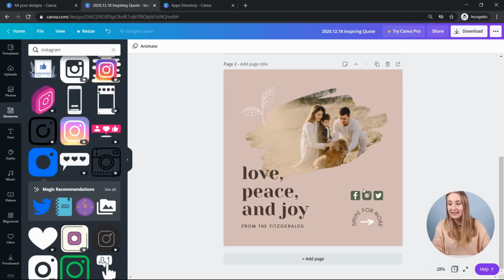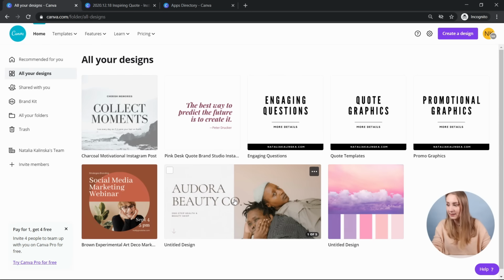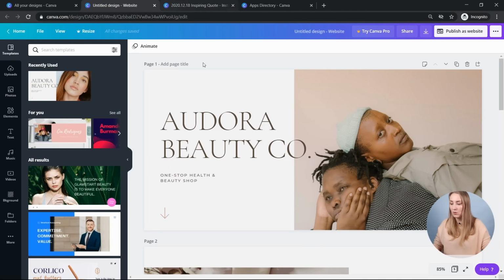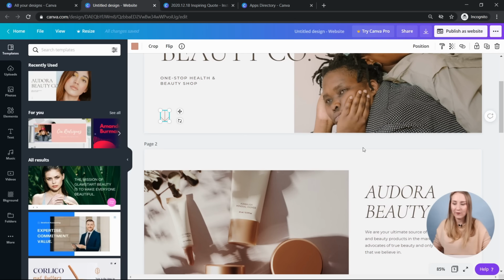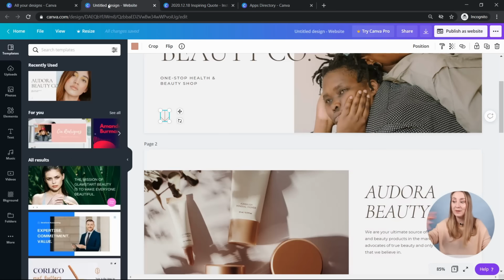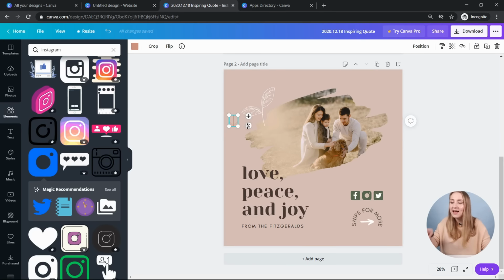It doesn't just apply to different pages of the same design. If I open another design, this is just a template that I've opened from Canva, that's why it's got untitled design. If I go to this one, right, and I like this particular arrow, I can just Control-C, go to my design in here, and I can Control-V, and I've got the exact same arrow. Obviously, that design was much bigger, so compared to the Instagram post, the arrow was really, really tiny. But if I drag it and make it my own, I can maybe switch it with this particular arrow that I had here.